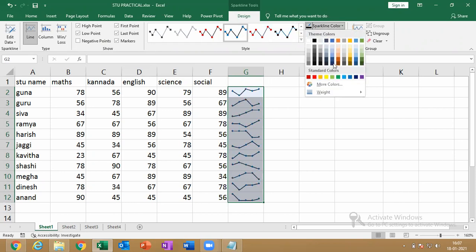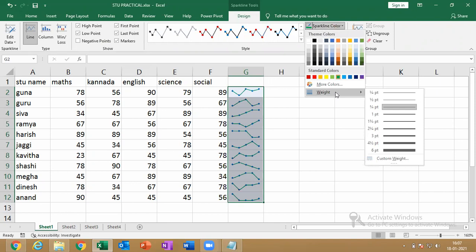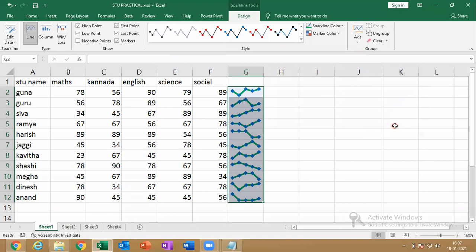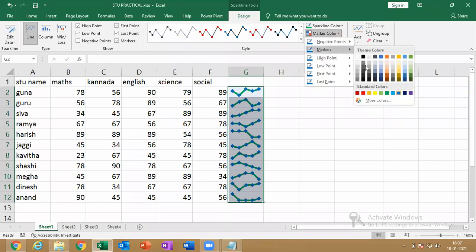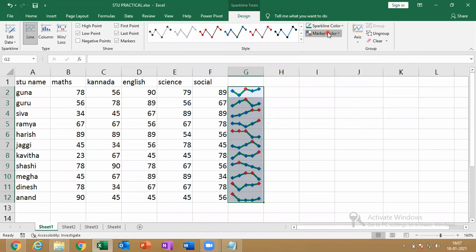Sparkline color and the thickness also can be changed. For the high point I want red color, and for the low point I want yellow color. So it will highlight like this.